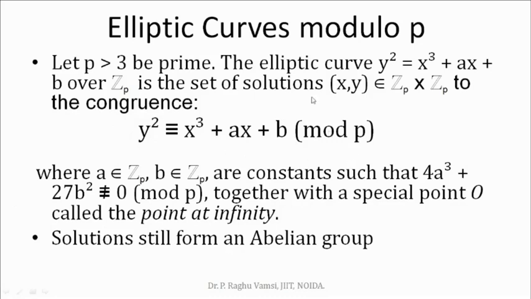To achieve this abelian group property, we need to take this equation modulo some prime number. The prime number must be greater than 3. You can consider any prime number depending upon the number of keys you want. For example, if you want 50 keys, then the prime number to be chosen is one which is greater than 50, say for example 53. So 53 can be chosen as the prime number, and you can perform the operations on this elliptic curve to generate the public keys.